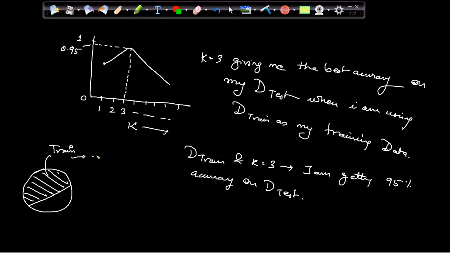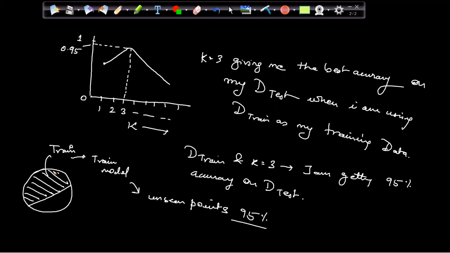I am using this data to train the model, and then I will do the testing of the model. And then on the unseen points, if my accuracy is coming 95%, then I will be very much confident, right? That is what happens normally in machine learning.